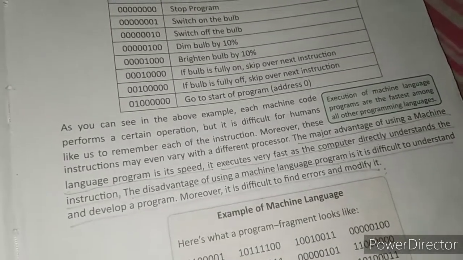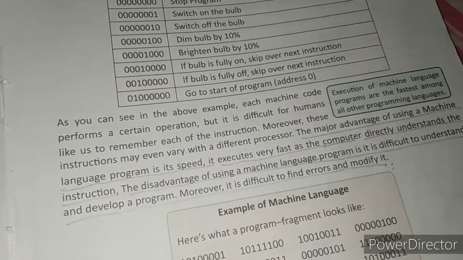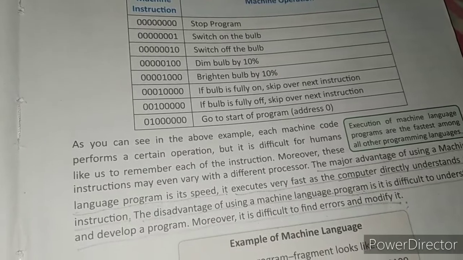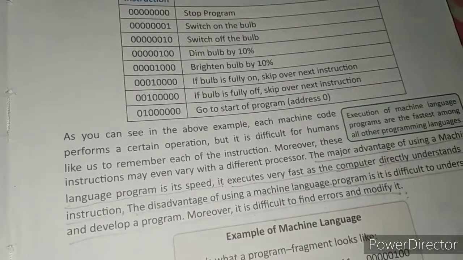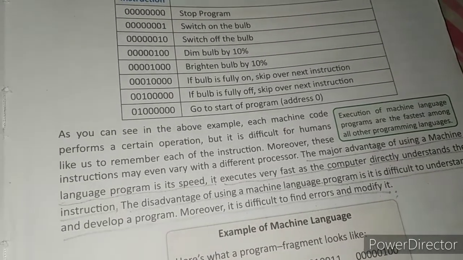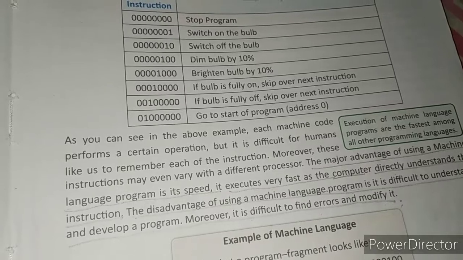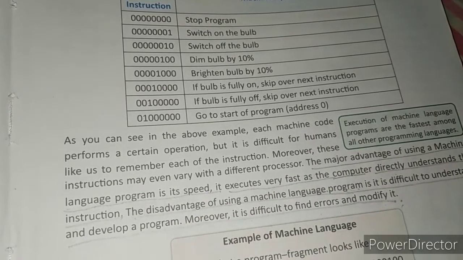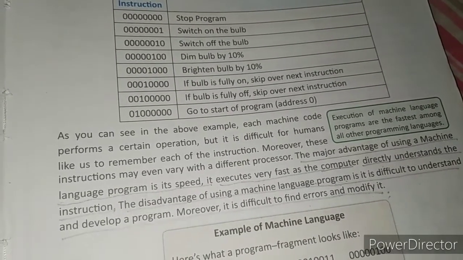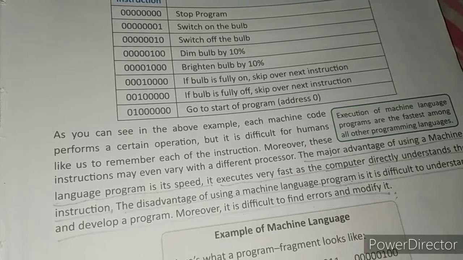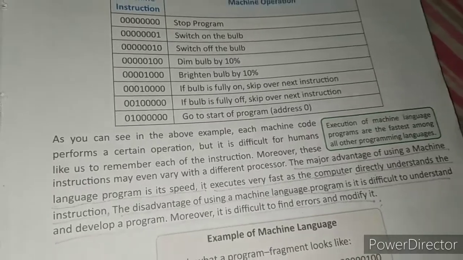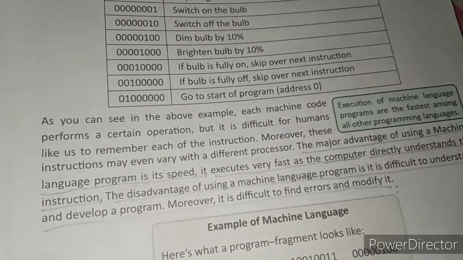These types of programs are the fastest executing programs because they do not depend on any translator program. That is why execution of these programs is fastest. But difficulties are also there. This type of language is very difficult to understand, to write programs, and to manage programs. It is also difficult to debug, or correct the program, right? It means correction in the programs is also very difficult.